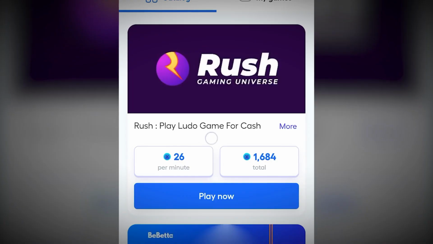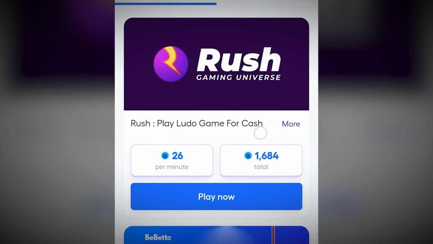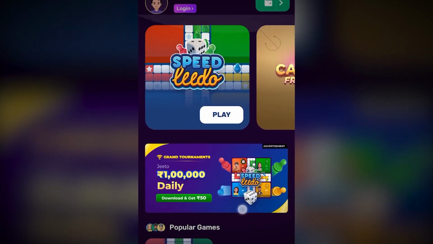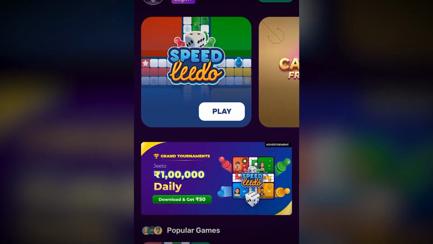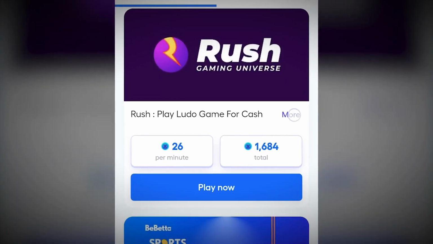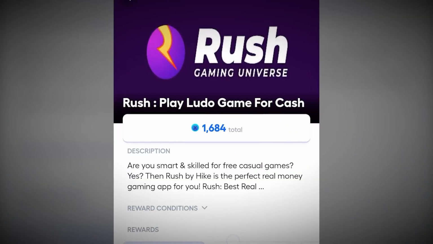potential of the platform. Earn rewards by playing a game on NX, where you can accumulate 26 coins per minute of gameplay. By dedicating your time to this game, you stand to earn a substantial total of over 1,600 coins, all for free. To learn more about this opportunity, simply click on the More option to access additional details about